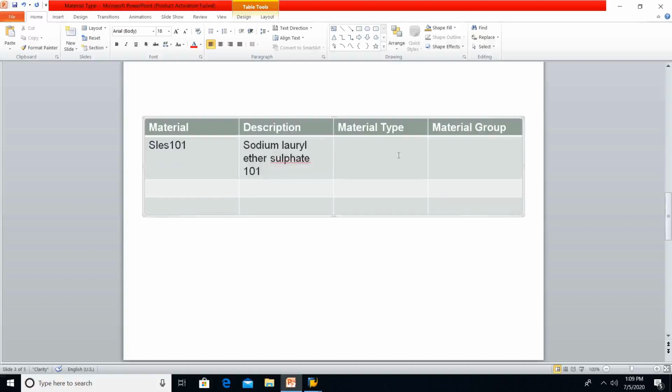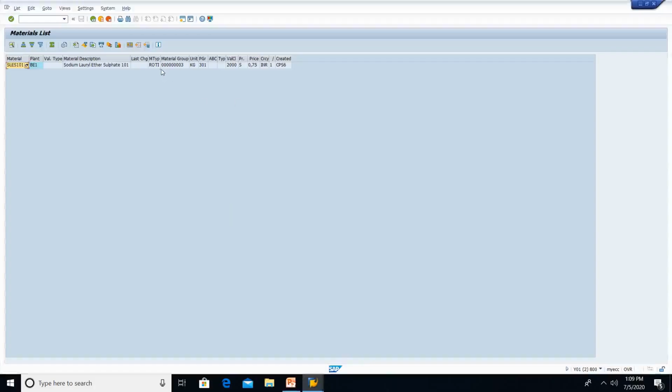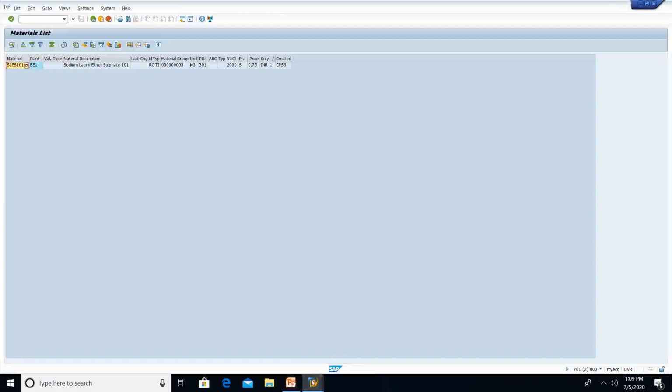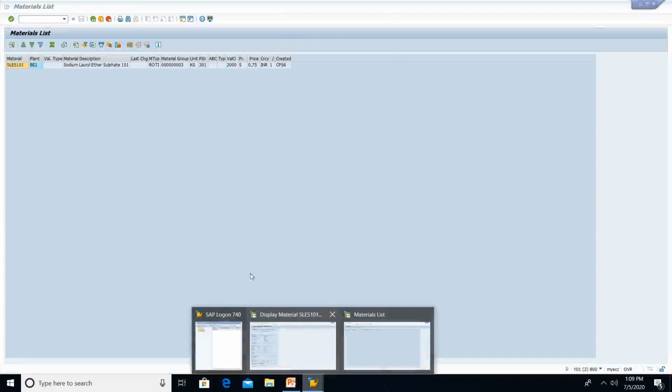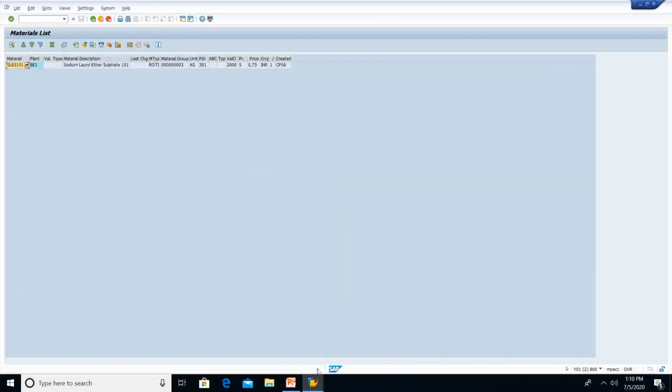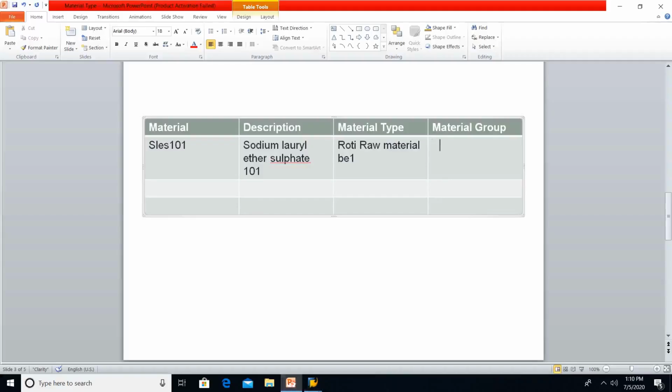Material type. What is the material type? I have got ROH. It says raw material BE1. What is the material group I have used for SLES 101? I have used 000000003, which says chemicals, right?